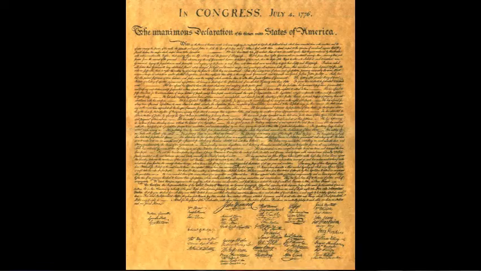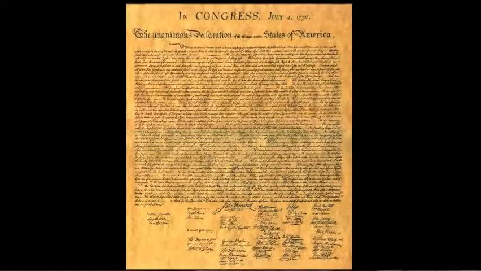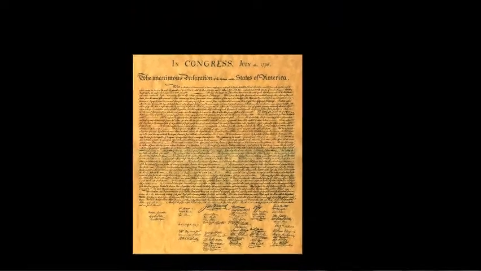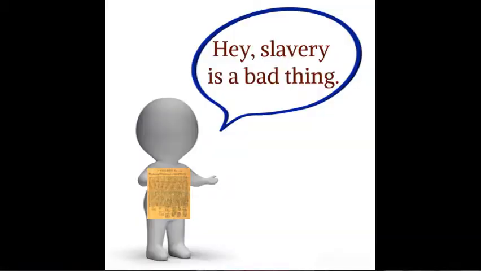Way back in 1776, as we talked about with the writing of the Declaration of Independence, there initially was a slavery clause that Thomas Jefferson wrote into the Constitution, or sorry, into the Declaration of Independence, as you recall. And they felt that they had no other choice than to remove that. And remember what the slavery clause said, which was it basically condemned slavery and the practice of slavery. So that would have paved the way for abolishing slavery even before or as we were becoming a brand new